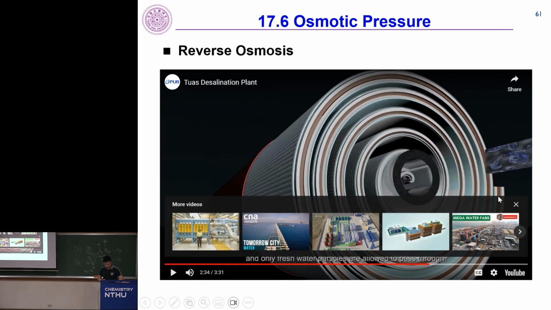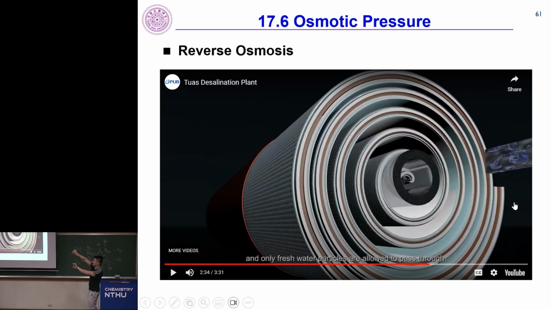So you can imagine that the membrane doesn't need to be a single layer between two sides, right? What they made was a spiral membrane, so you can actually just curl the membrane around such that you rotate multiple times. And every time you apply pressure on the water, such that